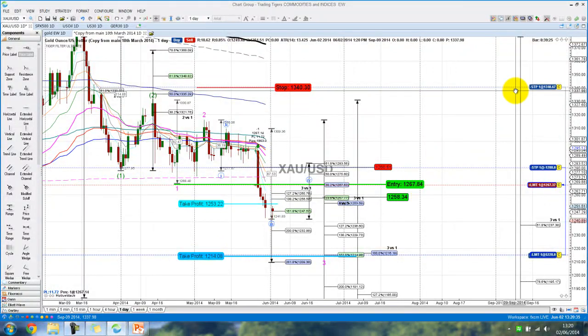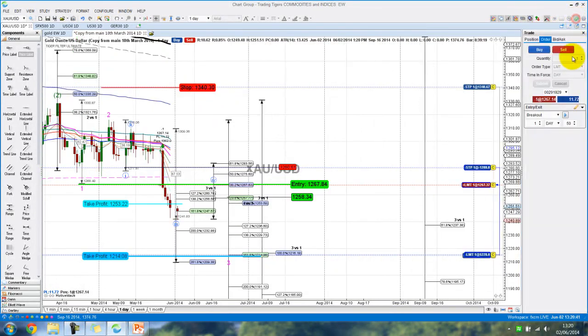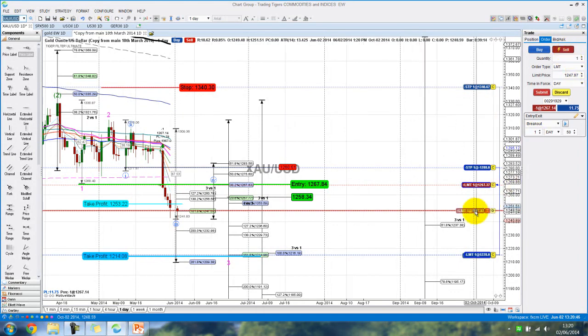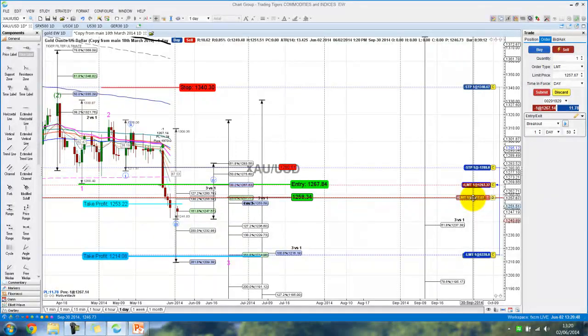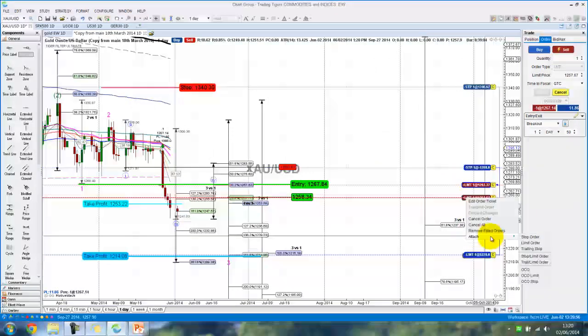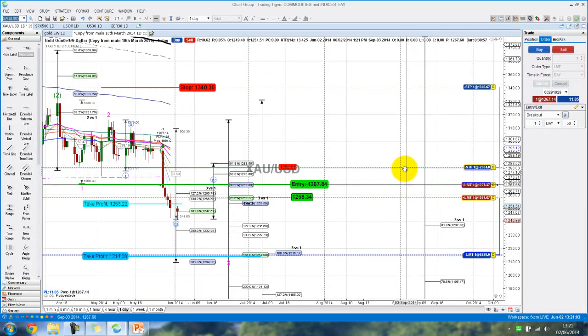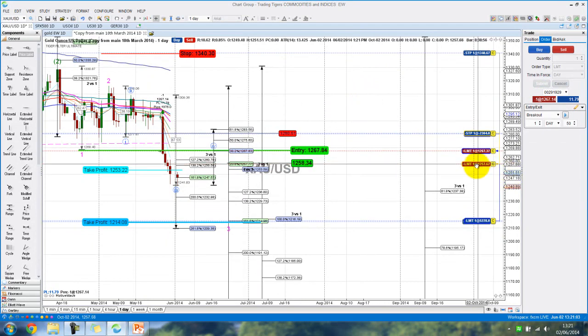So what I'm going to do for you while I'm here with you right now, traders, I'm going to actually put an entry in at the 23.6 level, so you can actually see how we're doing it. So we're going to put a sell, and then we put it at that level. So we put it as a GTC, that means good till cancelled. So we're in that trade when the price hits that level. Our stop level is going to be 1280, and our target once again